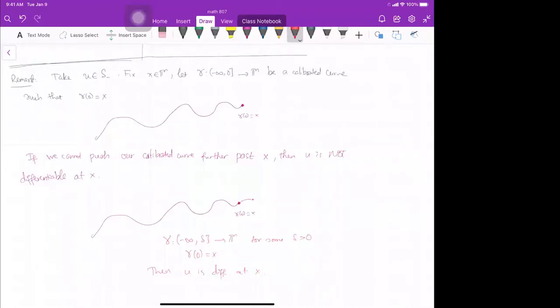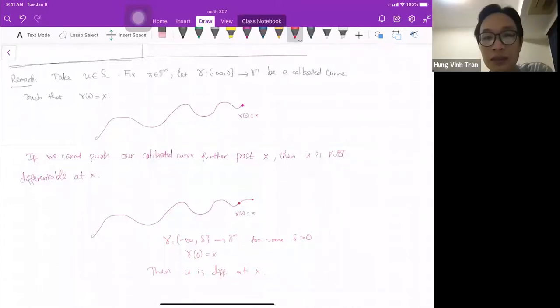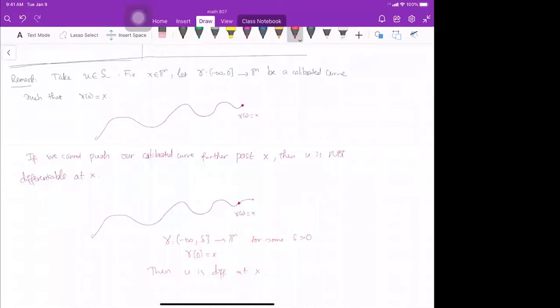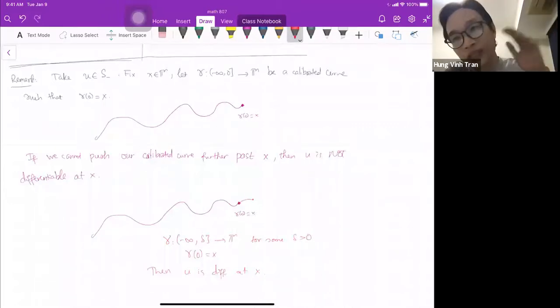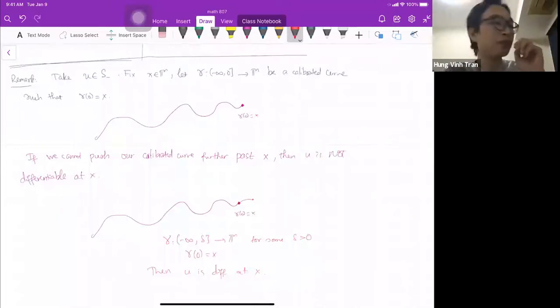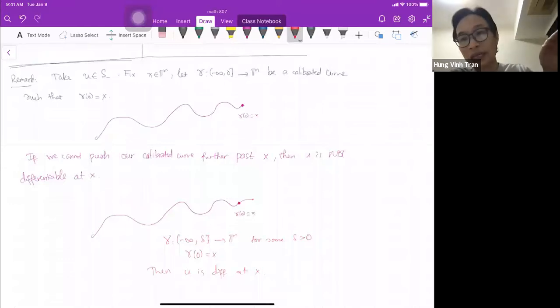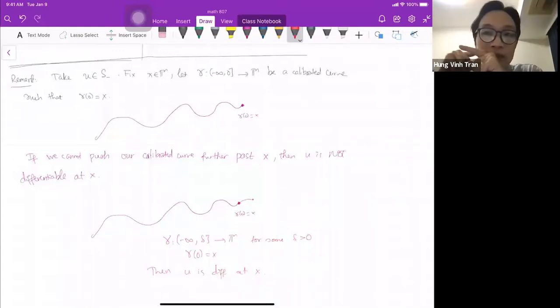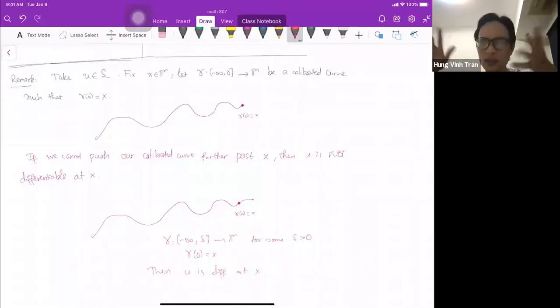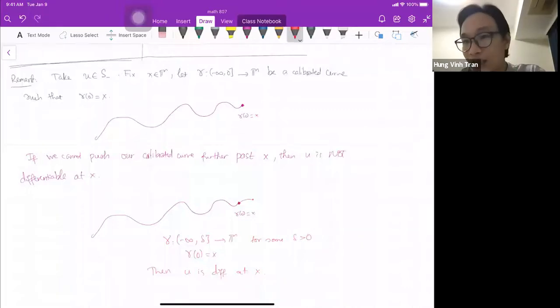Is it typical that you don't have maximizers for all time? Yes. There are going to be some other objects, something called the Aubry set, or the curves that are called two-sided minimizers. Two-sided minimizers means that you have minimizers going from R to the torus. So it can go for all time, and in that case your function is differentiable on that whole line. So that's called a two-sided minimizer.